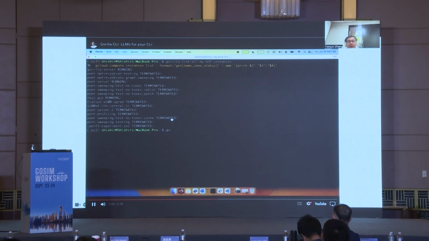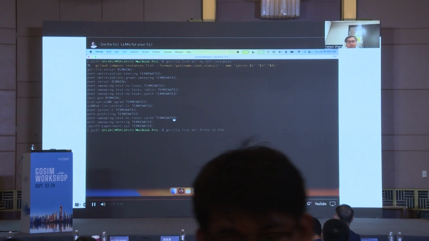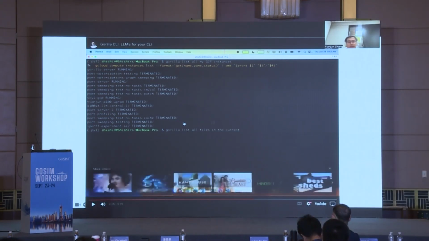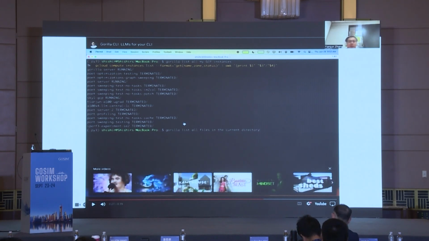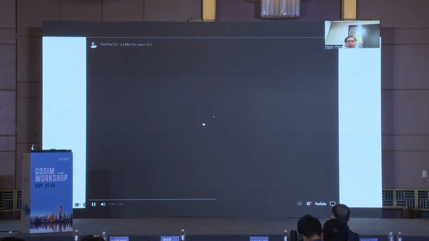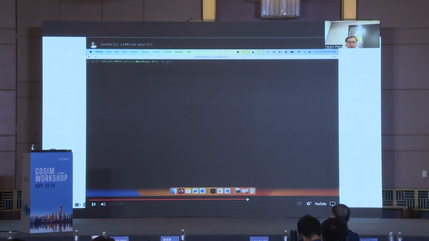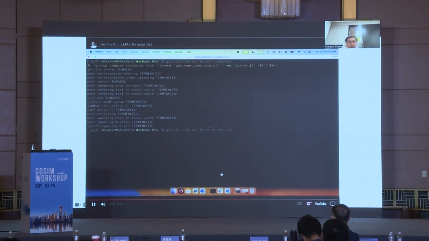Now let's take another example. This is an example I assume most of us know, because it's simply ls. But let's see how the language model responds in this case.